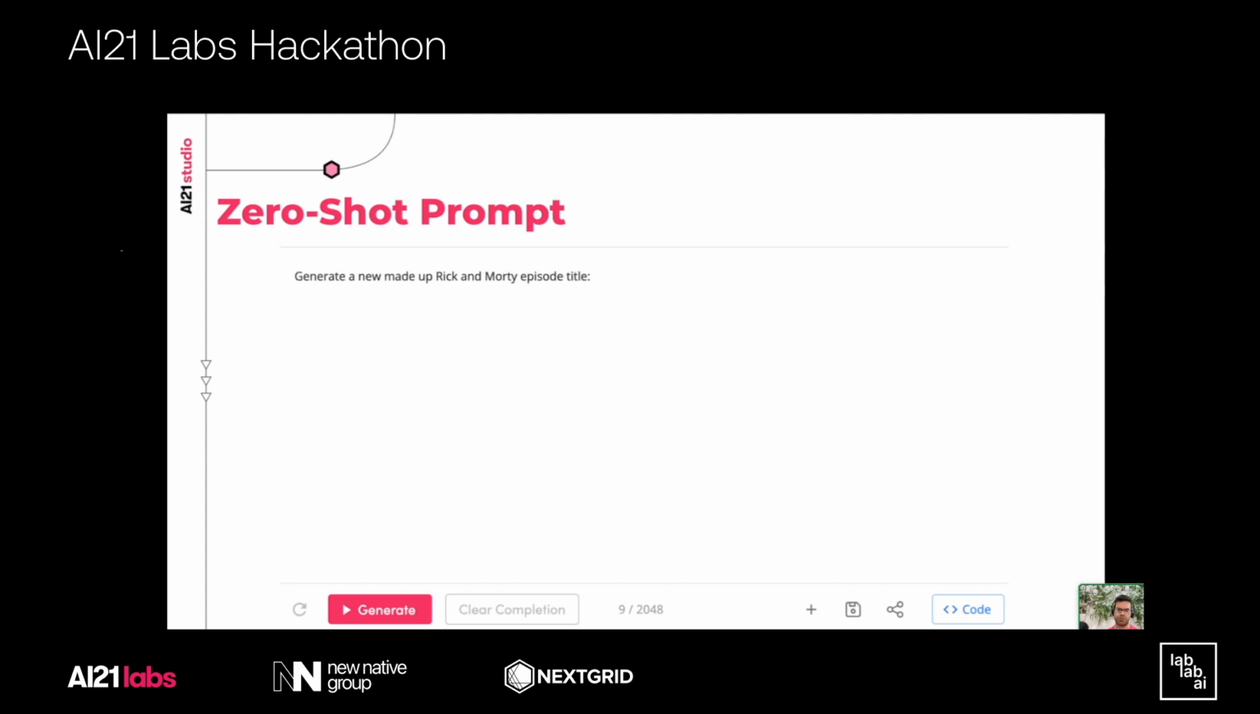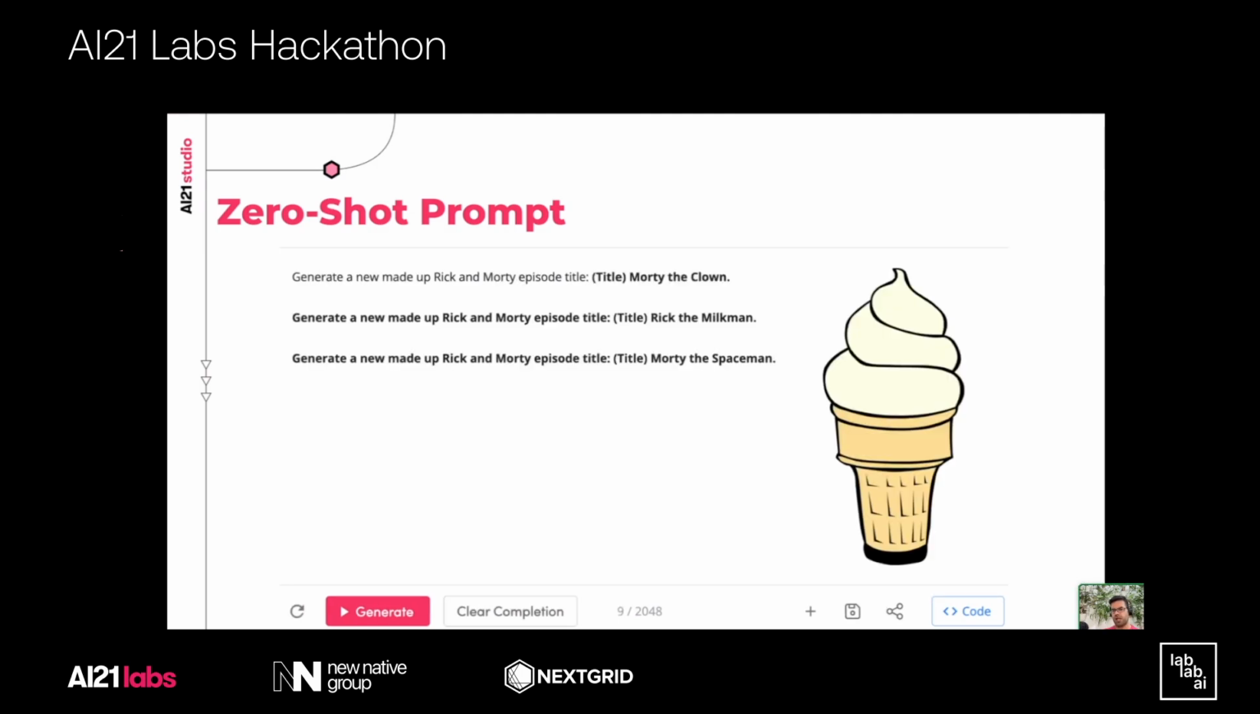And now we need to distinguish between several types of language models. The most naive, you may say, are what you call the vanilla language models, and they will just tend to continue the text. Okay, so you can see here "Morty the clown," but then "generate a new made-up episode," "Rick the milkman," and another one. Okay, in bold you can see the completion that the model provided. So here you can see the interesting thing that we already talked about, right? Patterns. The model tends to complete patterns,